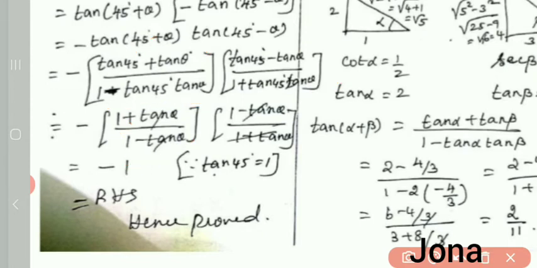And for the second term, here tan 45 degree is 1. So 1 minus tan theta by 1 plus tan theta. Okay, so I can cancel that numerator and the denominator here as the factors 1 plus tan theta into 1 plus tan theta, and here 1 minus tan theta into 1 minus tan theta. So everything will get cancelled. The answer will be 1. So that minus is there already. So minus 1 is the answer there.